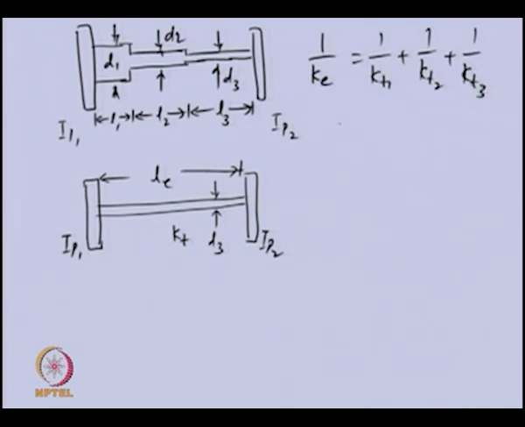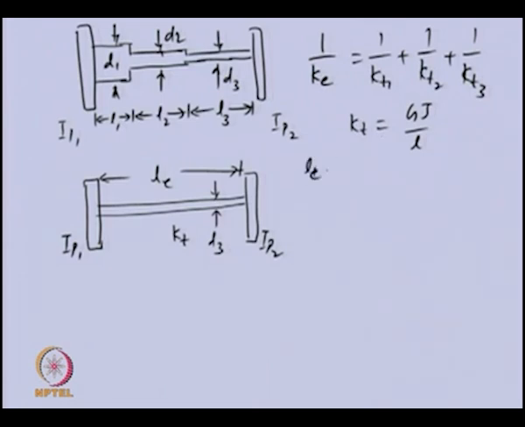That means, because we already know in general KT is given by GJ by L, this KT can take a value of 1, 2 or 3, and depending upon that, the J1 and L1 expressions will come, because J depends upon the diameter. So if we substitute this, you will be able to see that we will be getting